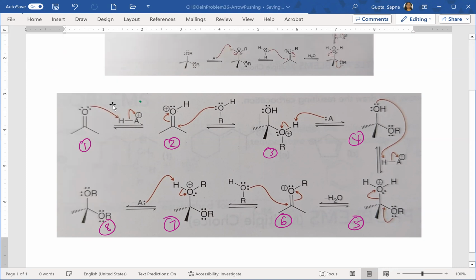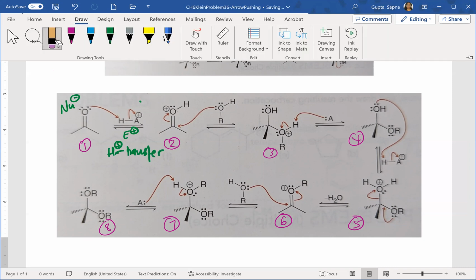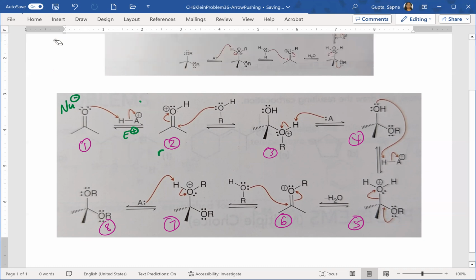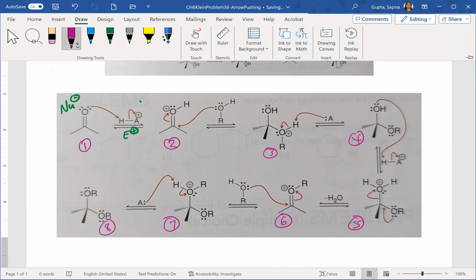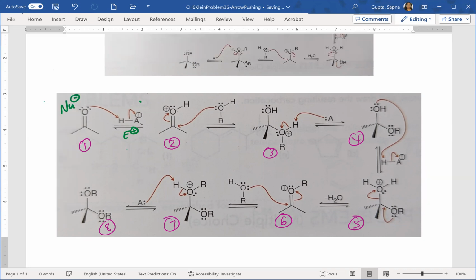Let's do green. Anyhow, okay, so going from step number 1 to 2, you can see that the oxygen, which is the nucleophile, is picking up a proton, okay? Because why? HA is generally an acid. So if it's an acid, acids are going to be electrophiles. So which means that the first step is what we call a proton transfer. It's up to you if you want to write the dash or not. Let me actually remove it, okay, so it doesn't cause any problem, and I'll change the pen size also because I think it's coming too thick. All right, so here is